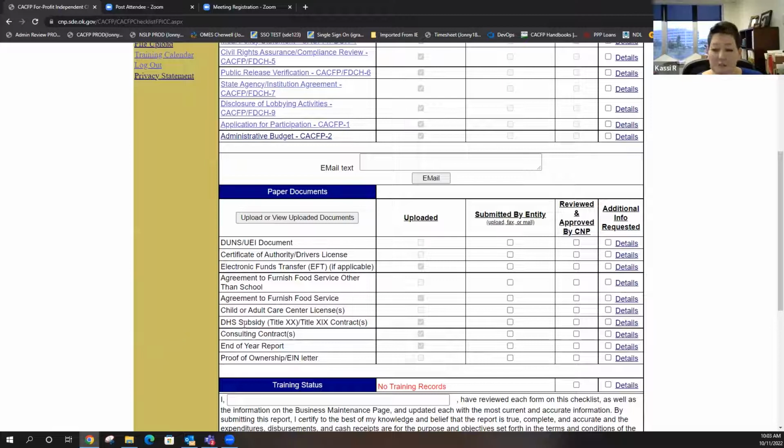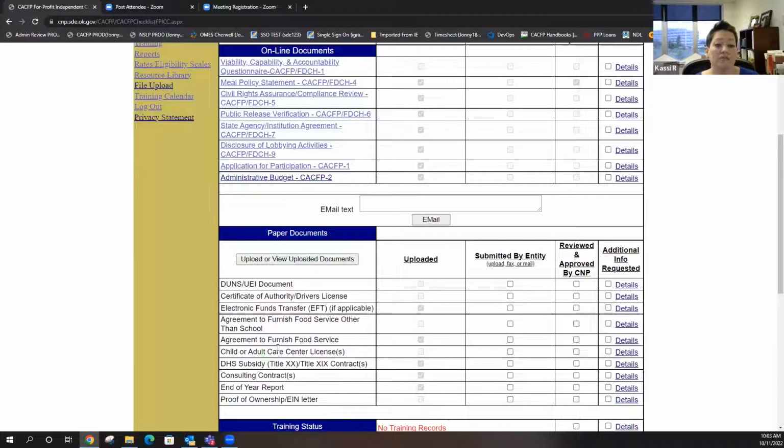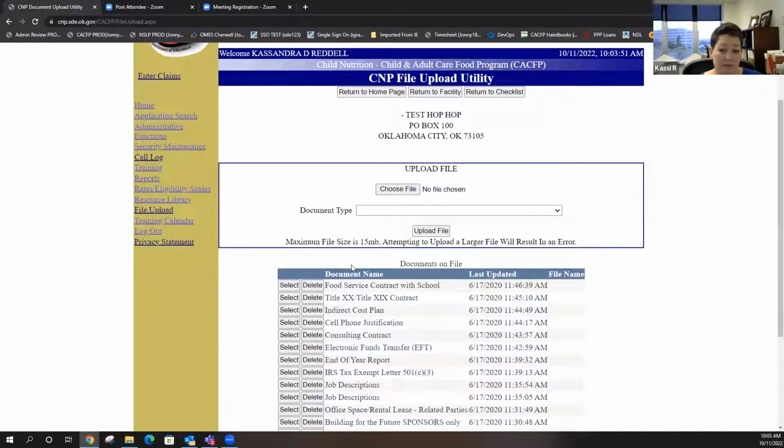If you already have some type of end of year report, we don't care what it looks like. You don't have to use a form we created. If you've been to our training, we've taught you on the form we created, that annual expenditure. You don't have to use it. You can send us whatever you have. But we need to know what your CACFP expenditures were compared to what you made to make sure you haven't made a profit. Right, again, nobody can upload anything. You can view it, you just can't upload.